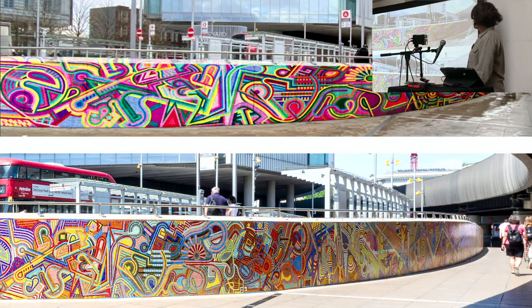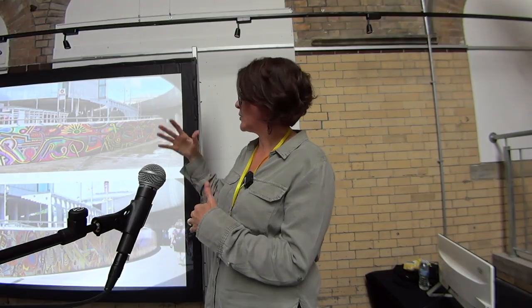This is just showing the design as given at the beginning, when it had not been drawn out to scale or anything. That was just an impressionistic design for the brief, and then the actual mosaic. And what I find really surprising is it really looks like the design. So that was a bonus. And really the only thing that changed materially between the two is that we had to tone down Adam's use of pink a bit. So it became more orange and red and less pink and purple, just because of availability of the